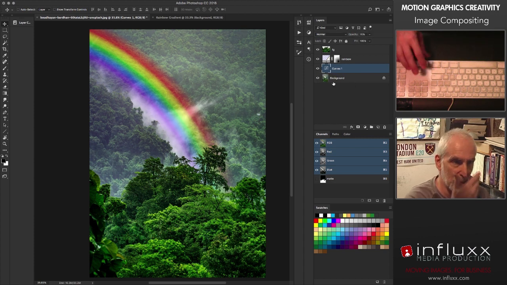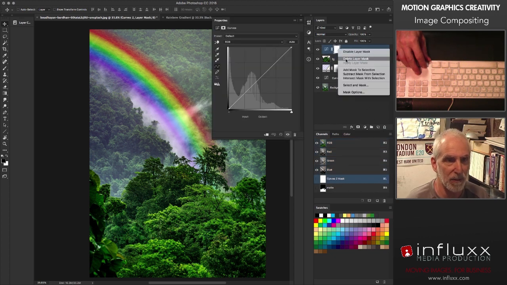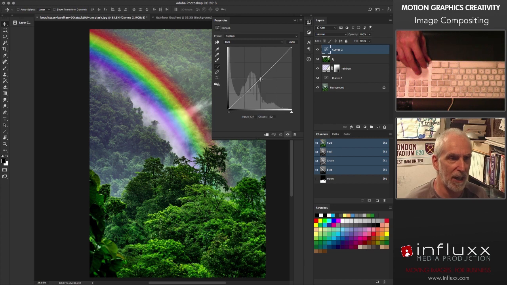So it just adds a little more contrast overall, and I'm going to do another curves on the top of the stack, delete the layer mask, and I'm just going to add a subtle bit of contrast, lower the gamma a little bit, just not quite as much, so it doesn't interact with the rainbow too much, but kind of punches up the